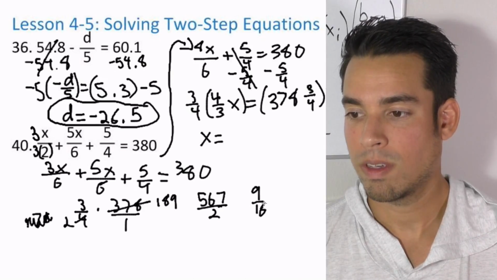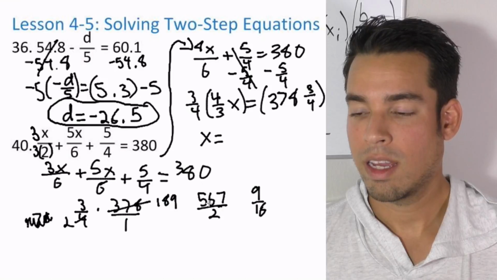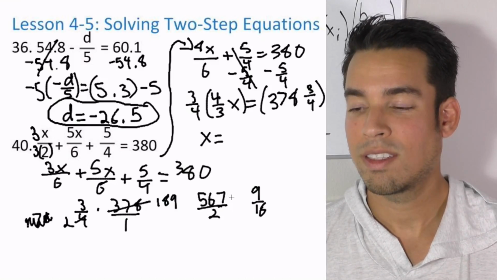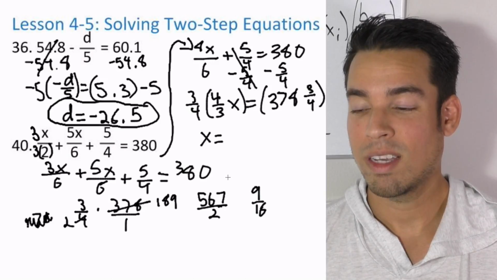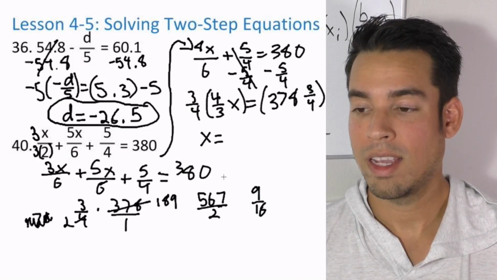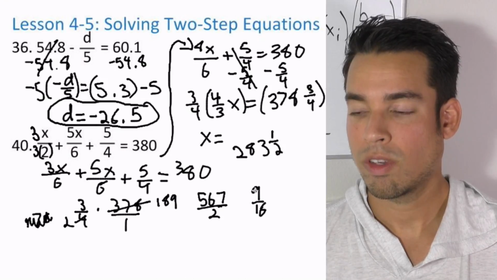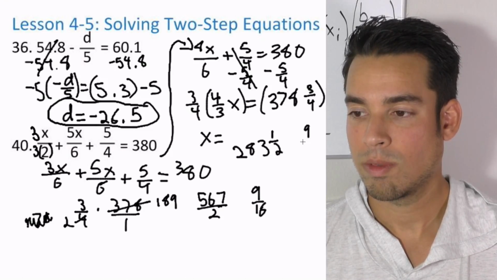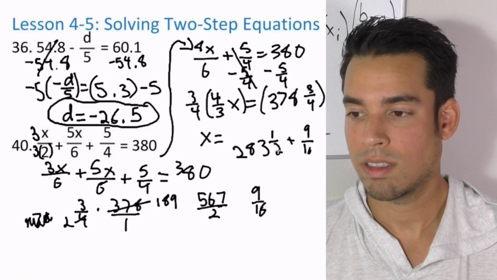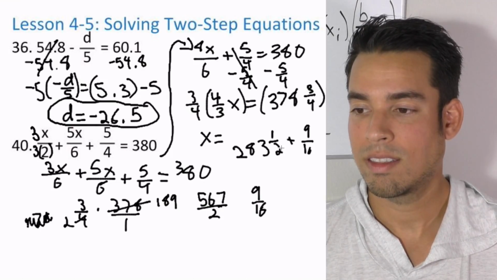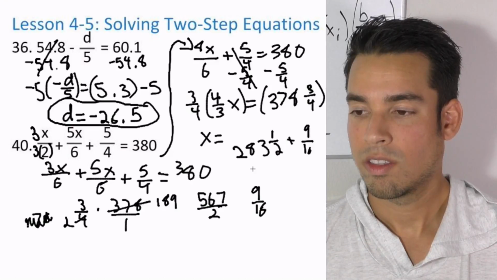Okay, so that's still part of it. Let's go ahead and reduce this guy. So let's see, 567. So 566, I'm doing a lot of mental math. 566, that's 283. Let's make sure I'm doing this right. 283 and 1/2. And then we also got our 9/16. We got to add on there, plus 9/16. So this becomes 8/16 plus 9/16. Okay, so that becomes